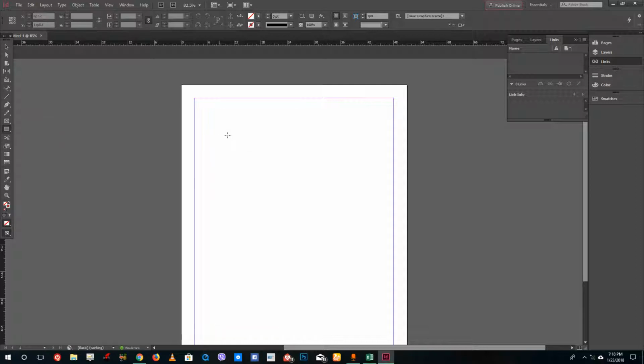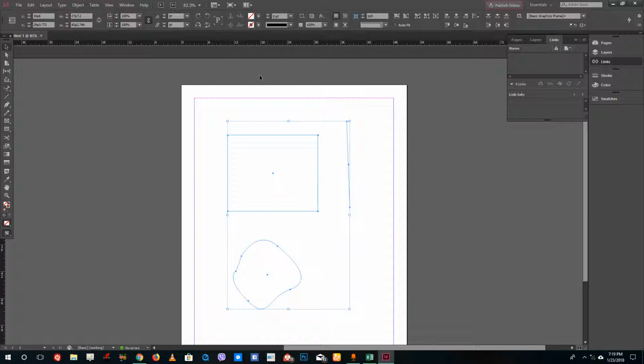So let's take a rectangular tool right over here, and I'm gonna also use my pen tool to click and drag a custom shape just like this. And over here what I'm also going to do is I'm gonna drag in a line over here. So what I can do over here is I can select all of this and I can actually apply stroke